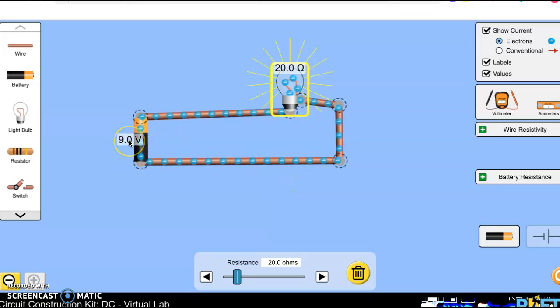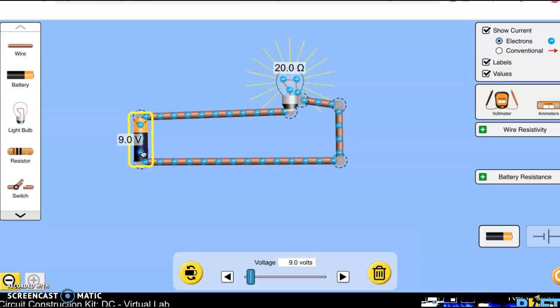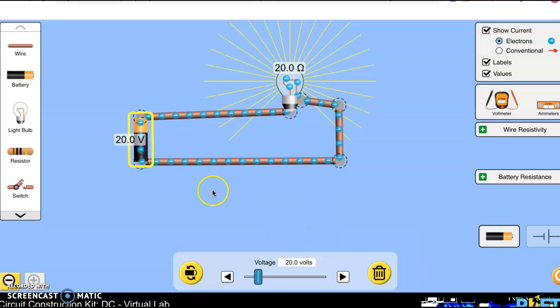Got 10 seconds left, so what I'm going to do is I'm actually going to make the battery stronger. Make the battery stronger, and look, it's speeding up the electrons again. All right, I'm out of time here. You got to do a Google